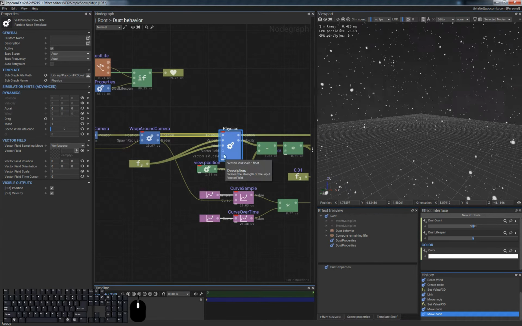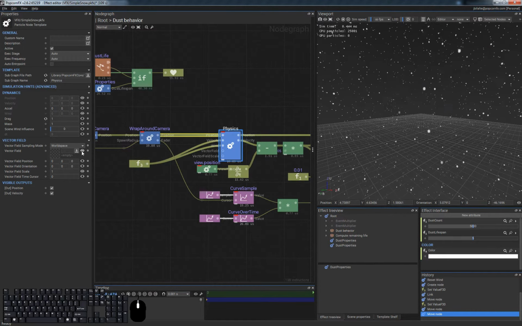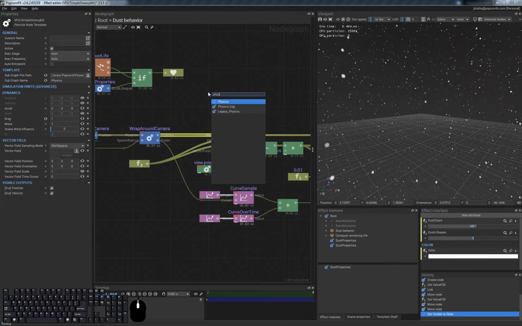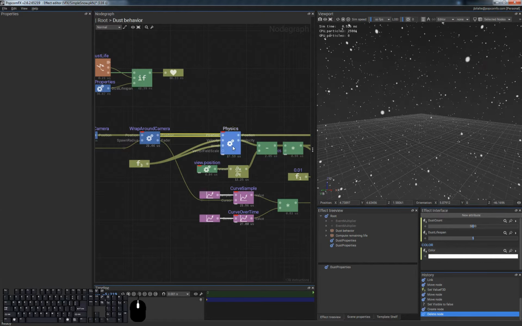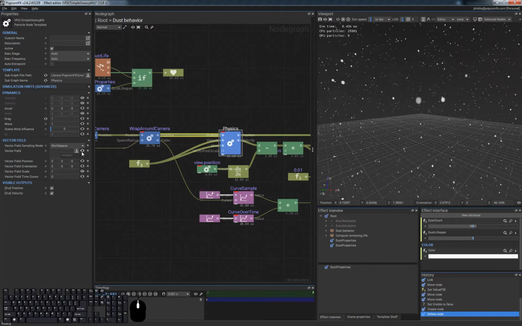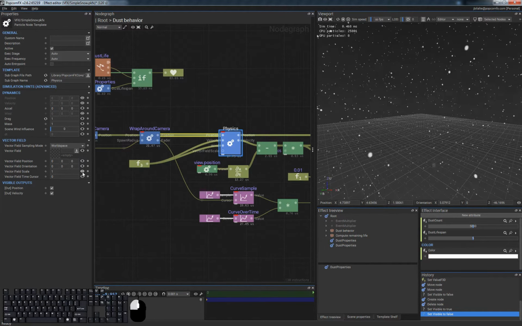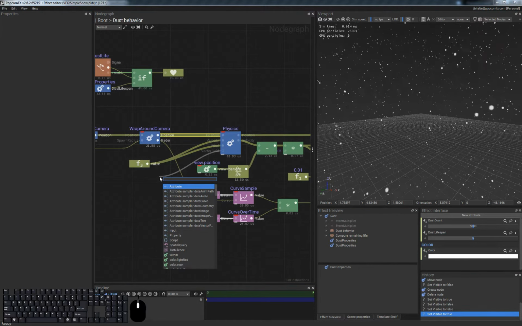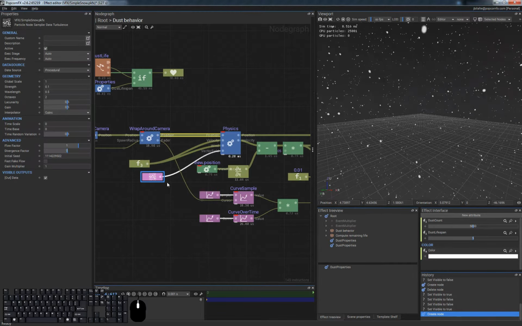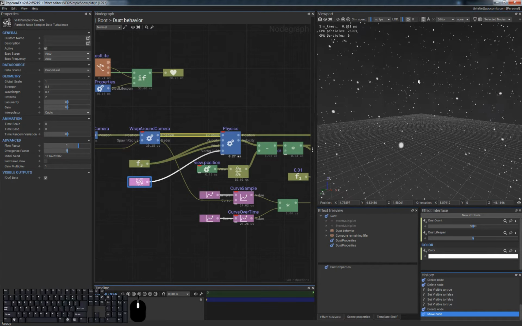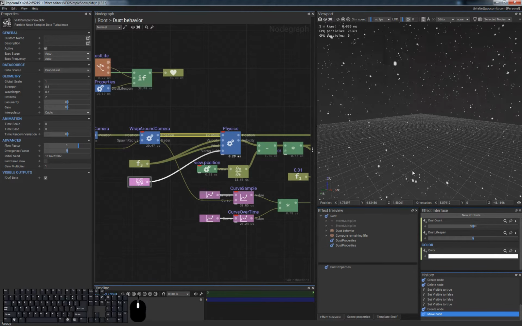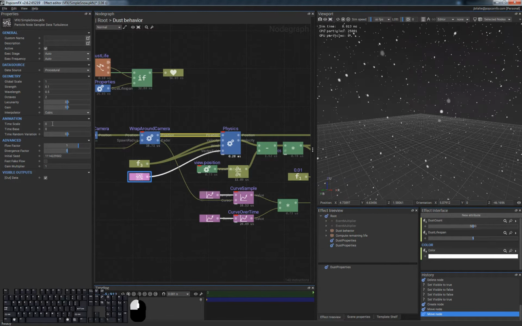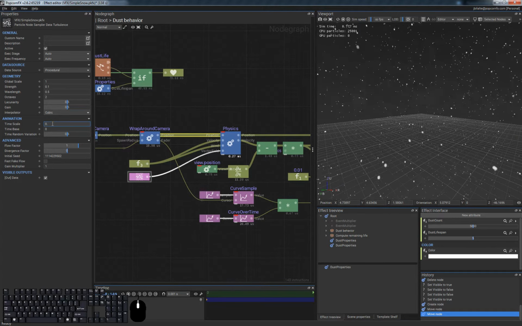Here I can expose the vector field pin. Here it was already visible, but by default I believe it's not. Yeah, it's not visible by default. So here you can just enable it by clicking the little eye icon there. So I will drag a wire out and drop a turbulence node. And as soon as I drop the turbulence node, you will see that the particles start following a more random pattern. I can set a time scale to the turbulence